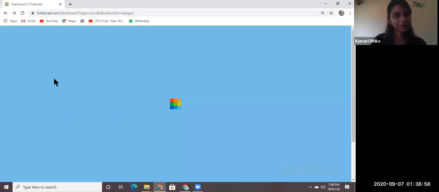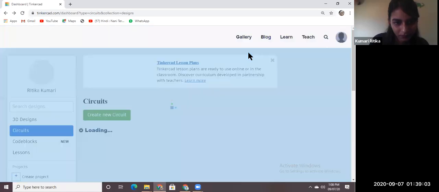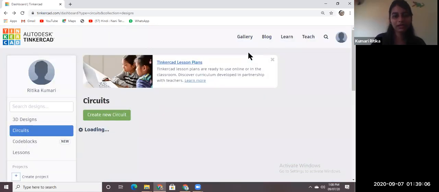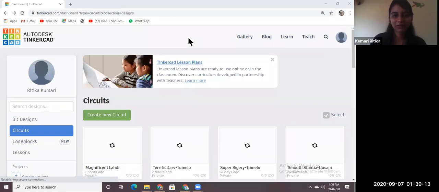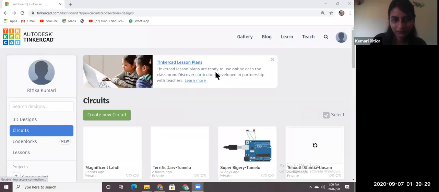Wait. No, you can use it on mobile, but it won't work. So I don't think it will work on mobile. Maybe it can work. Okay, so it will open a page like this. So I am waiting for you to open this, reach till here. Okay, just let me know when you finish this.